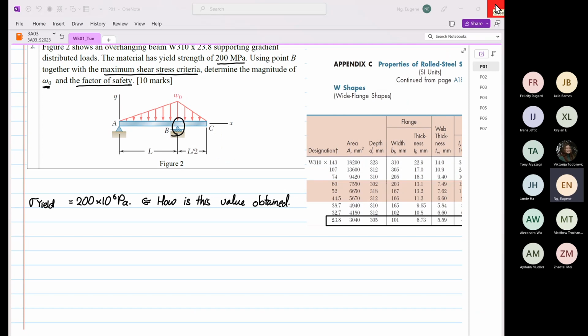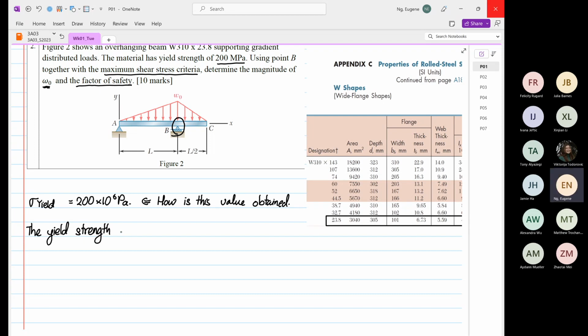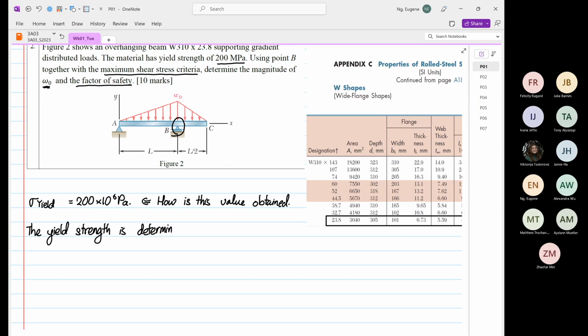So how they get the 200 megapascal is the yield strength is determined from a uniaxial tensile or uniaxial test.